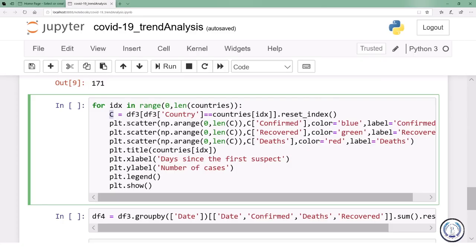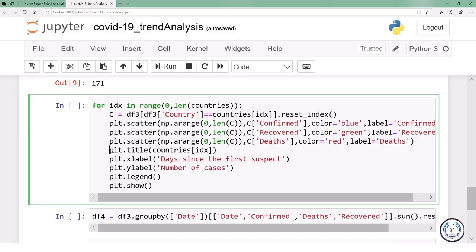Then I make a scatter plot. I pick all the confirmed cases for this one country, and I do that using this scatter plot. Then I use another scatter plot to get all the recovered cases. Then I do another scatter plot to get all the death